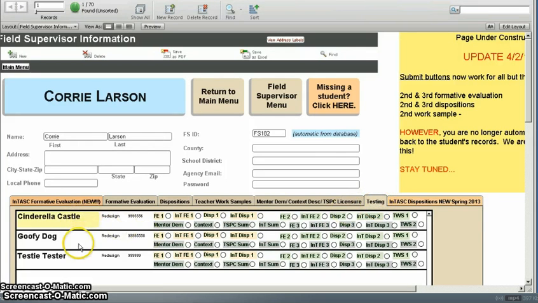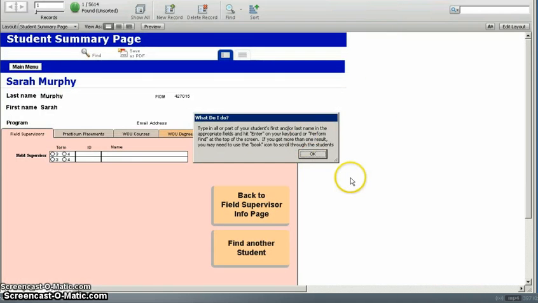Your students' names are listed on the left side of this portal in alphabetical order by first name. If you have many students, you may need to scroll down to find a particular name. If a student's name is missing from the list, simply click on the orange Missing a Student button toward the top right side of the page. When you do so, a message will pop up on the next screen instructing you to type the student's last and first name in the corresponding fields. Click OK